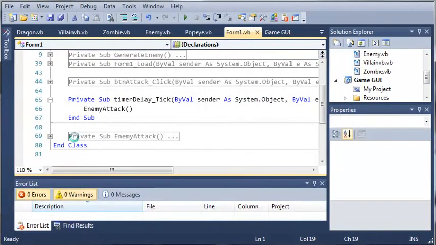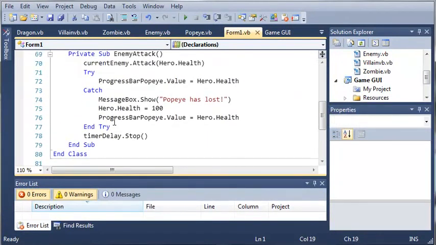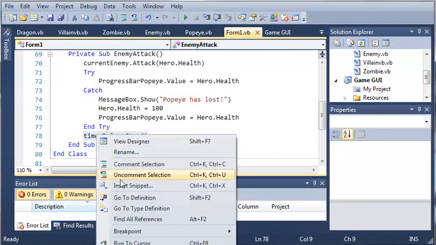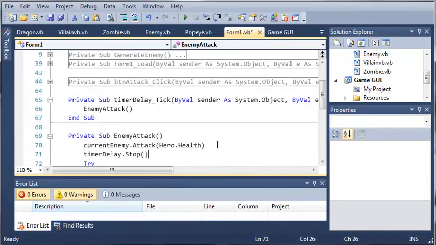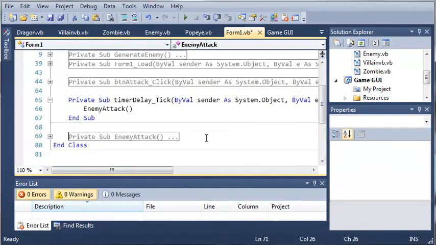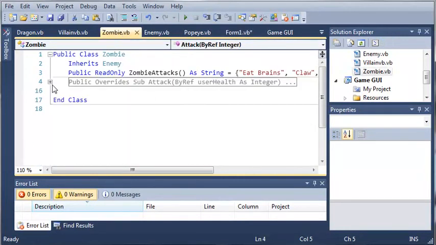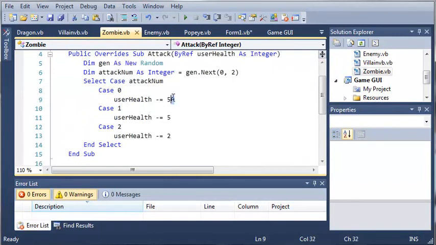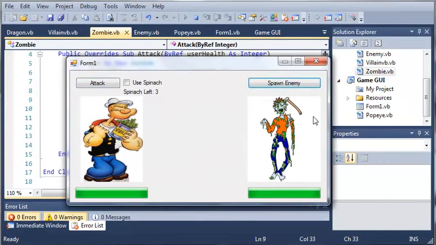So what we need to do is find out where this is. So we'll just copy this right here, and we'll stop the timer before this is done. Okay, so now let's go ahead. Let's make Popeye lose on the first try. So we'll come into the zombie, and whenever he eats brains, Popeye will lose 50. So we'll open this up, and let's spawn an enemy until we get a zombie. So here's our zombie. We will attack the zombie, and then